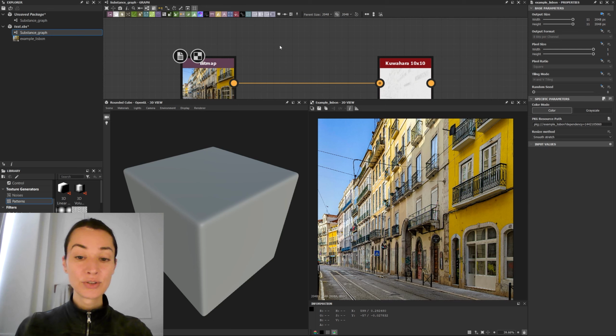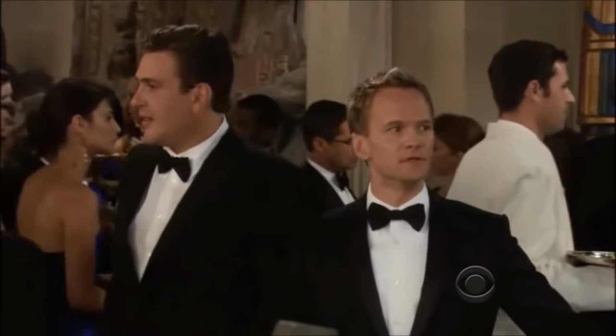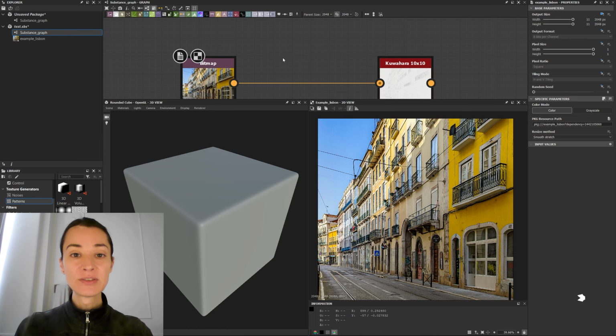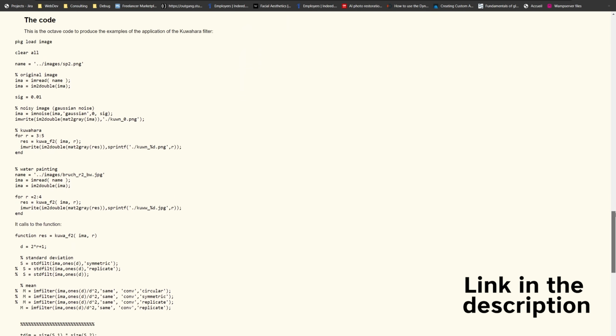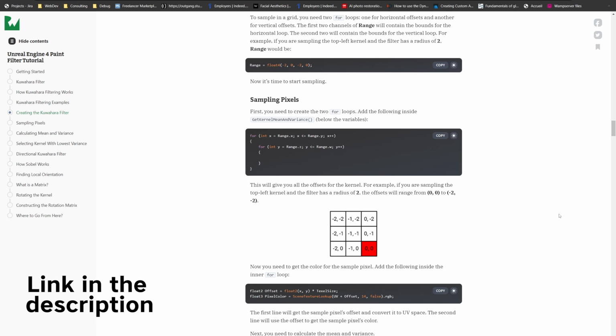Someone on YouTube actually asked if it was possible using a pixel processor node to build a Kuwahara filter within Substance Designer. Challenge accepted. I had to Google that to see what a Kuwahara filter was, but it seems to be a filter that kind of gives a bit of a paint daub effect to a particular texture. And I was able to find a few examples of code that was done using, I think it was Python. And just by deconstructing and really reading the code line by line, I was able to replicate the Kuwahara filter